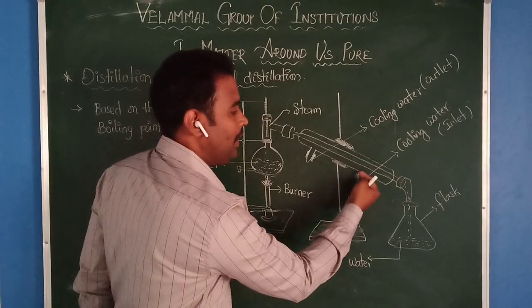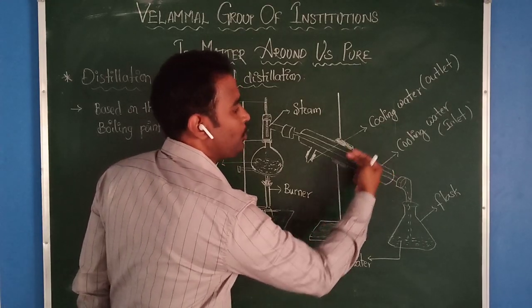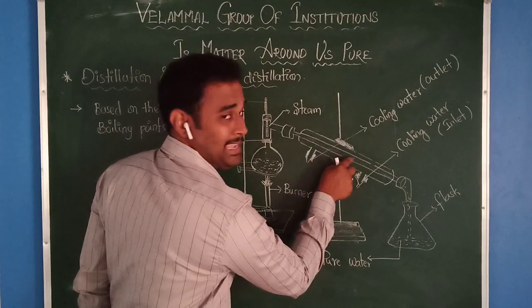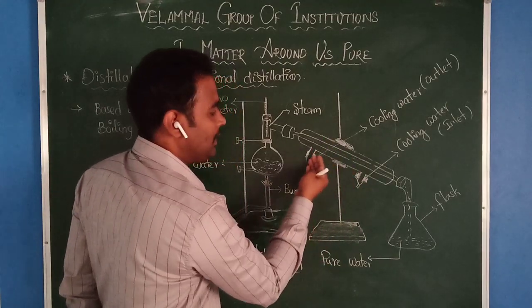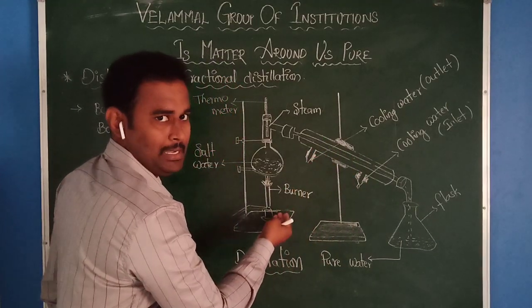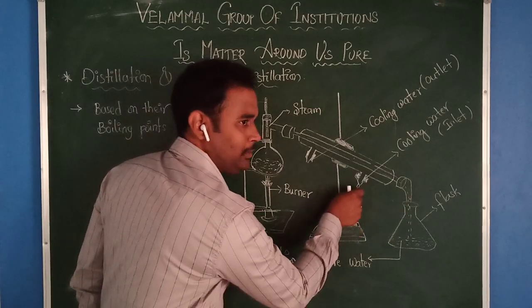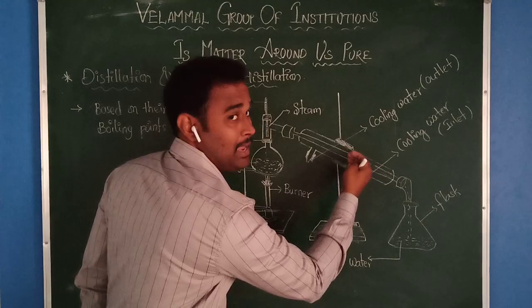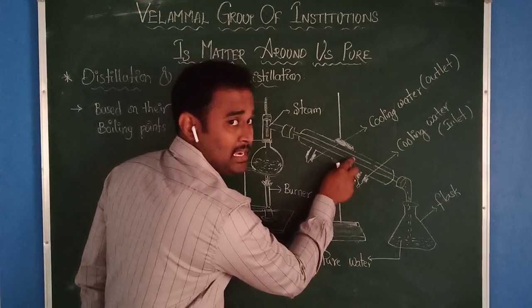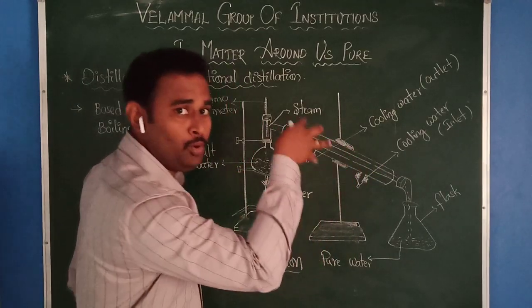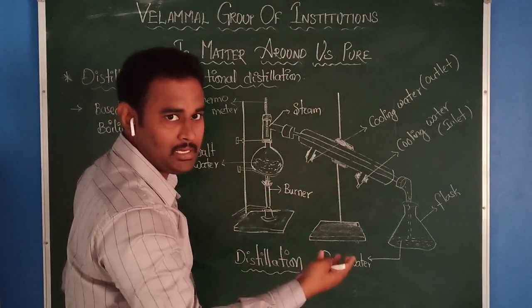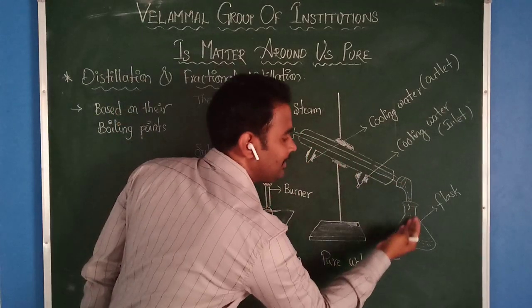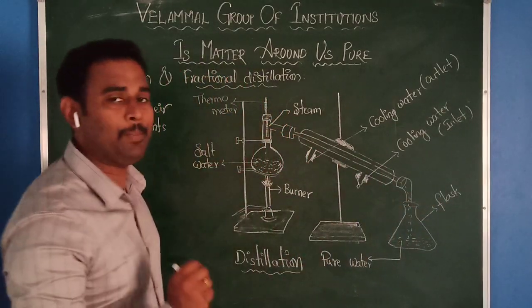Then what will happen? This condenser cools the steam which is there in the inner glass tube, and the remaining water will be coming out from the outlet. That means by using the inlet, you are giving some amount of cooling water. Due to cooling water, what will happen? Whatever steam is there inside the glass becomes cold and is converted into water, and you can collect that water in a flask.